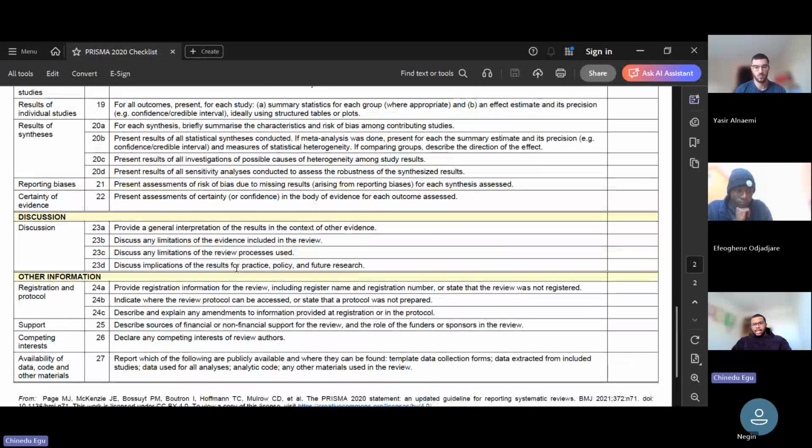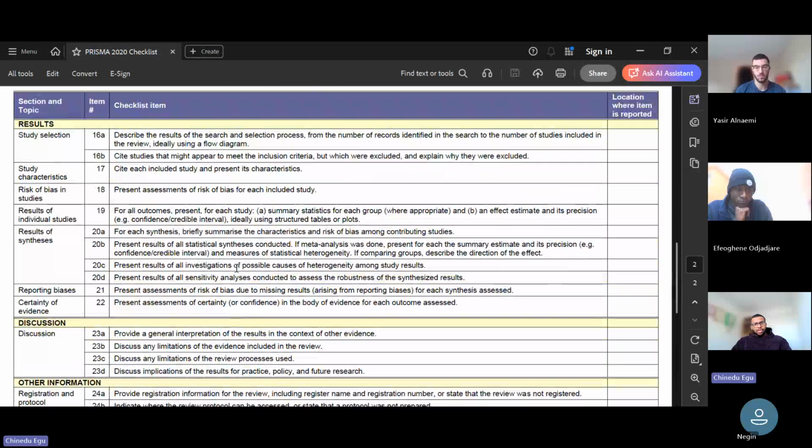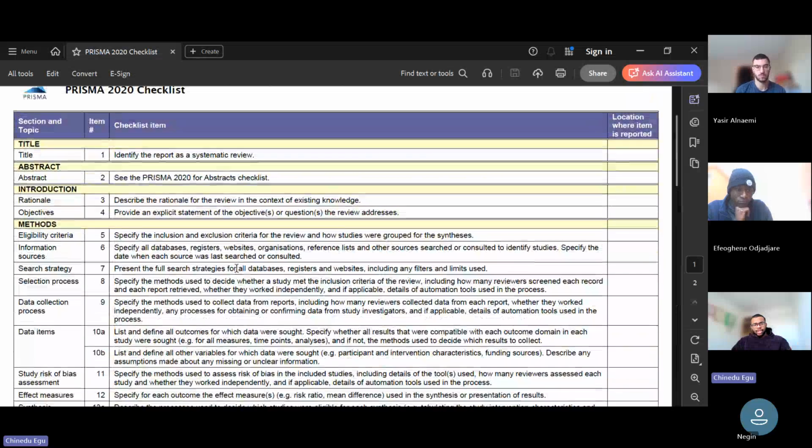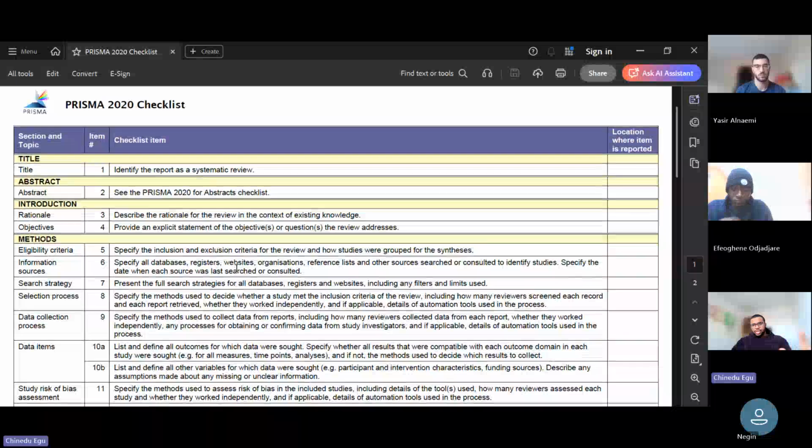Yeah. So again, this is the checklist. You must mention that you followed the PRISMA 2020 checklist. So using these discussions today, when you go to review a manuscript, it would help guide you. In fact, we'll open a manuscript and go through it and see how those statements were actually made. But before we do that,